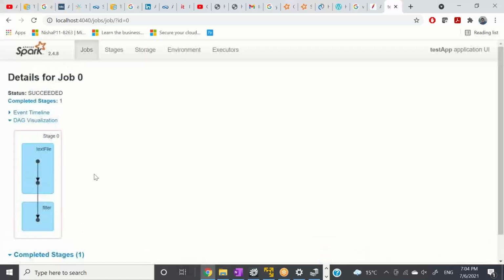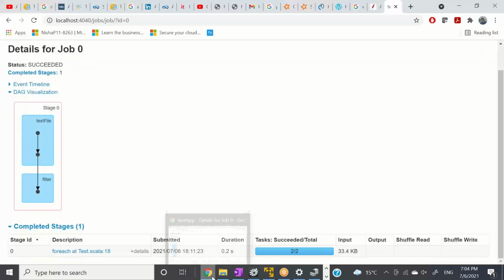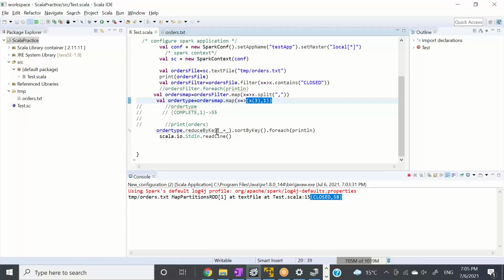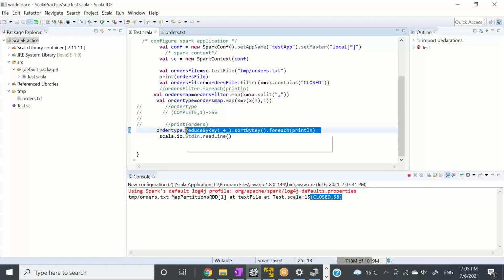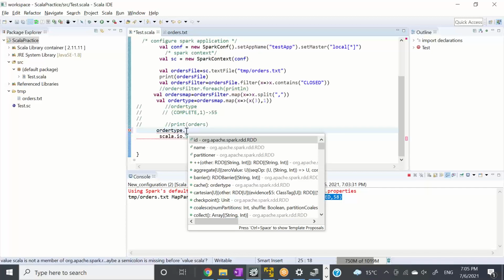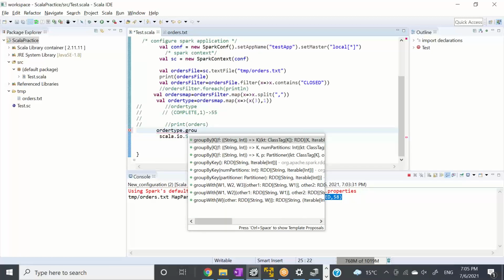And so basically reduce by key is, so let me do one thing. Let's do one thing quickly. Reduce by key is a narrow transformation. So let's put one broad transformation. Group by key.